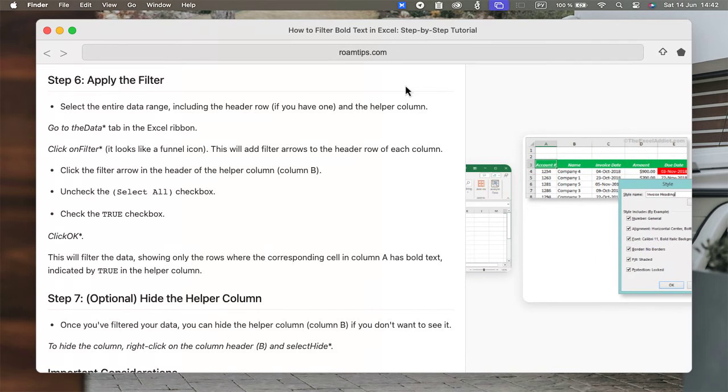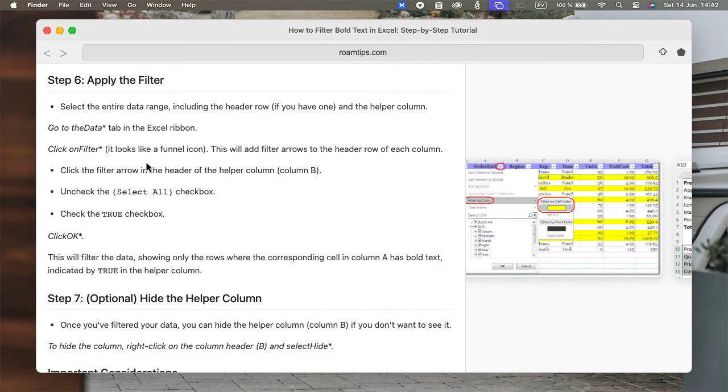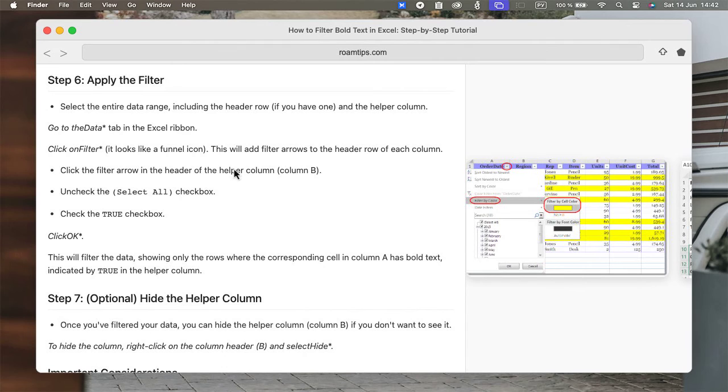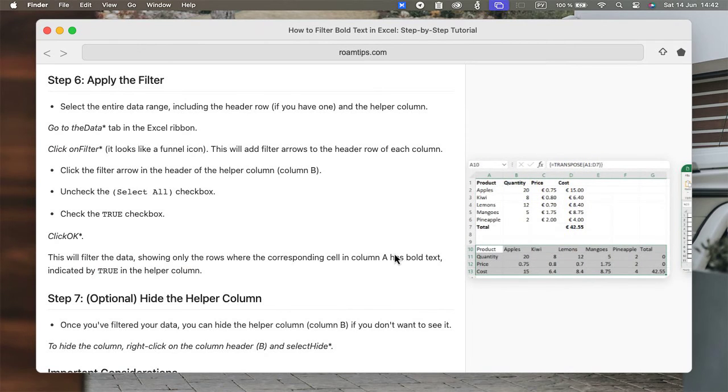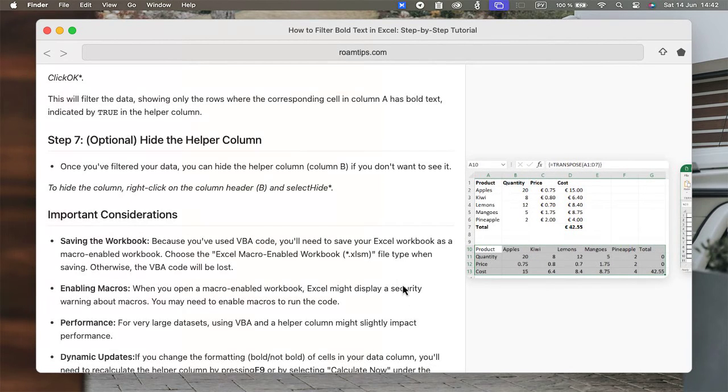Excel will recognize isBold as our custom function. The A2 refers to the cell we want to check for bold text. Press Enter. The cell will display either true if the text in A2 is bold, or false if it isn't. Now drag the fill handle, the small square at the bottom right corner of the cell, down to apply the formula to all the rows in your data. This will populate the isBold column with true or false values corresponding to the bold status of the cells in